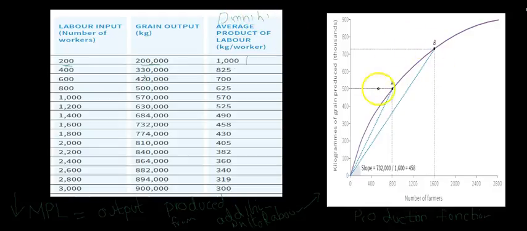And the graph, if you look, the graph has only plotted these points, and we have to get the MPL, which is the marginal productive labor, and the average productivity of labor. What we need to know is that MPL can only be found for a certain position, such as there is A point, there is B point. If we want to find marginal productivity, we have to find, for example, for A, we just need to make a line which is gradient. We just have to make which is a tangent to this A, so we will find the marginal product of